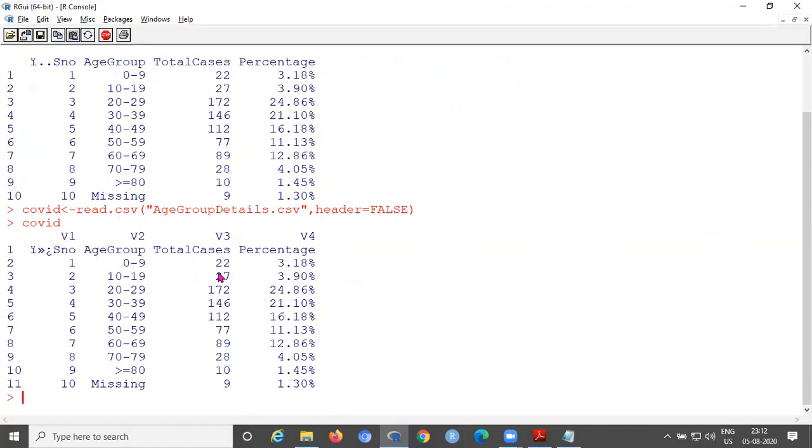Already we have headings, we are just testing on the same data. If you take another new data set without headings in Excel, then you can create the column heading names by providing header equal to false. Then V1, V2, V3 and so on. Then we can also rename these V1, V2 with our own names. That is also possible here.